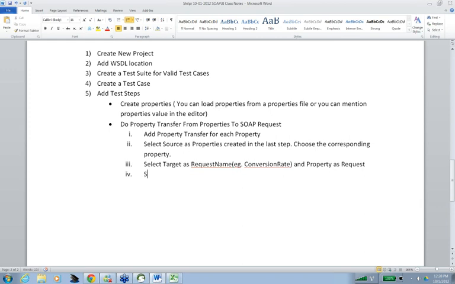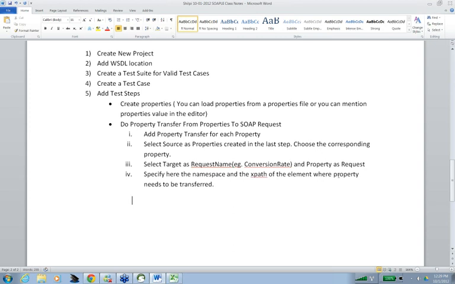Then specify here the namespace and the XPath of the element where the property needs to be transferred. Okay.